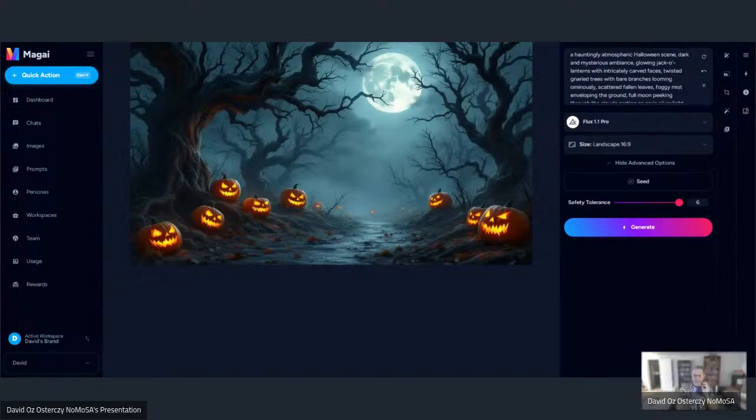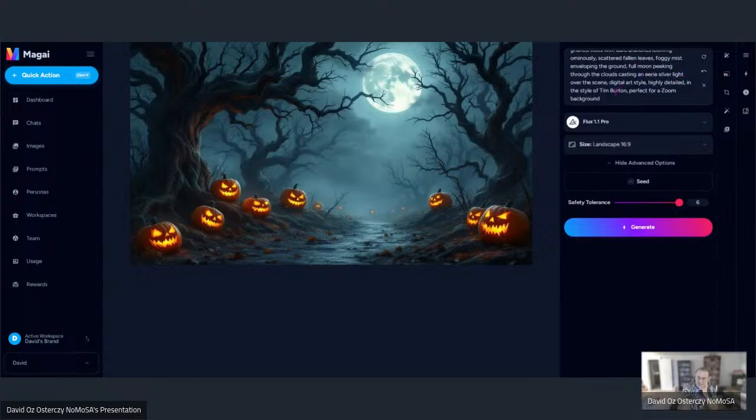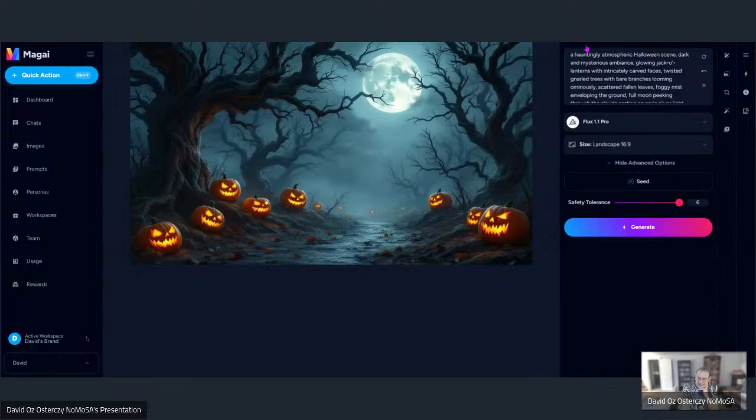I gotcha. I actually like this one even better. It definitely really understood the prompt when you talk about zoom backgrounds, because there's almost nothing in the middle. You might lose a little bit of one of the jack-o'-lanterns and a little bit of the gnarly tree, but this is exactly what I was going for. So love this. Absolutely love this. So let's take this off and